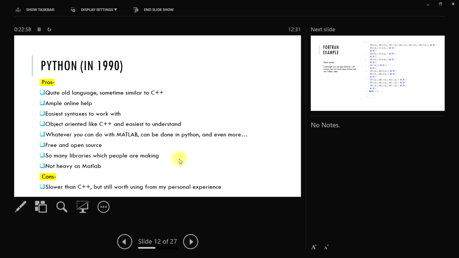So many libraries, people make so many libraries, they update them and put them on the Python website, and people can download them. Same way you take FFT for granted in MATLAB, it's granted in Python. Not as heavy as MATLAB. You can install only those libraries which you need. You do not have to install 10 GB or like 200 GB. The first time I started working with Python was in my masters, and I was using only 3 or 4 libraries. In total it accounted for 100 MB, and it got my work done.